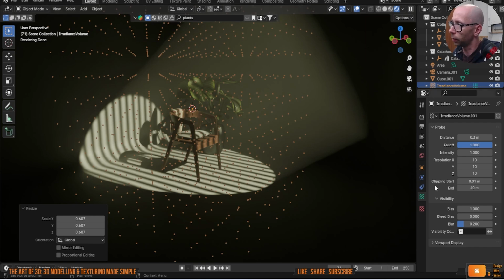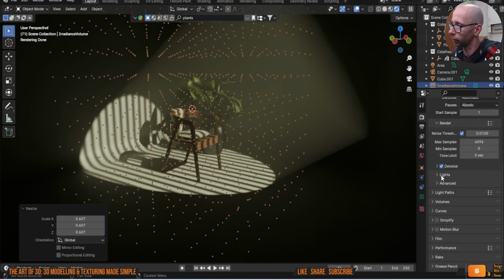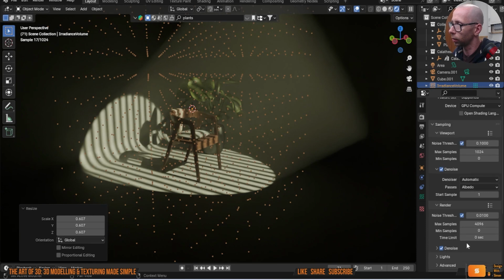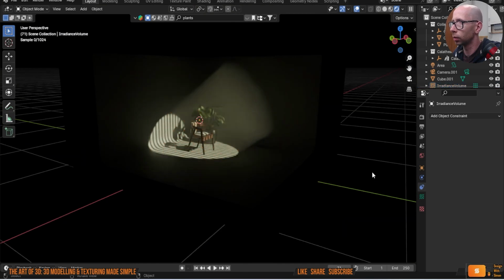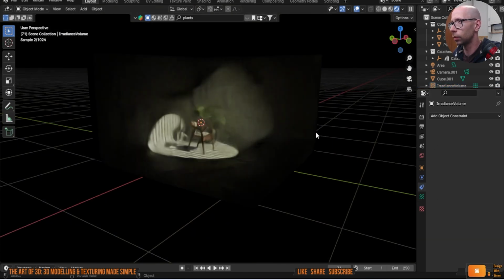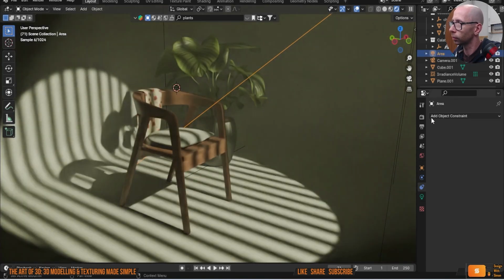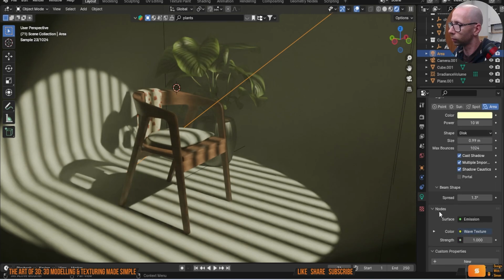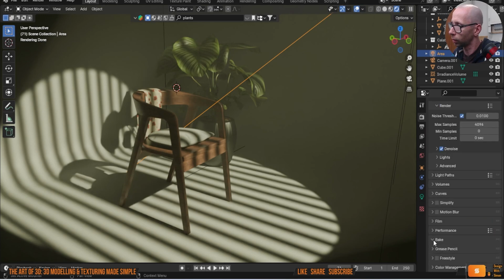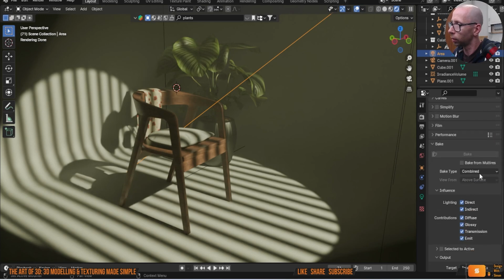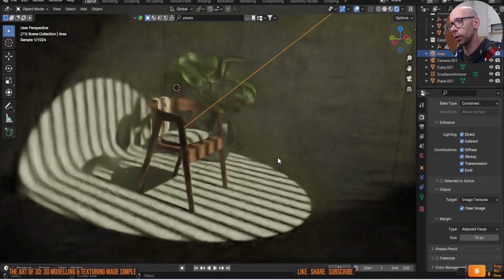That, and then let's come under our render settings and go to lights. Area lights. And bake. Oh, we don't need to do it because we are in Cycles rather than Eevee. So